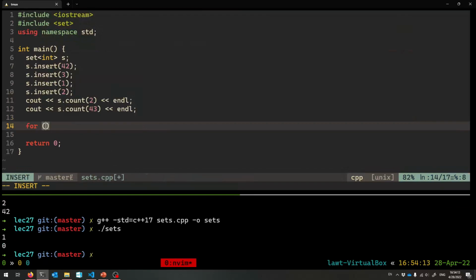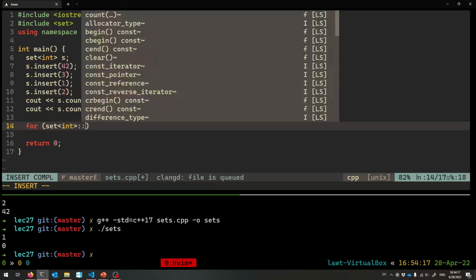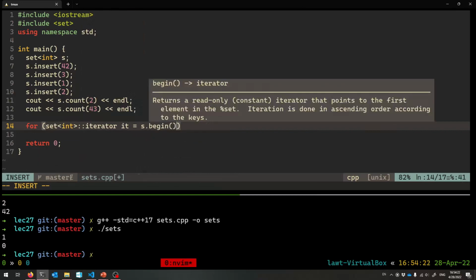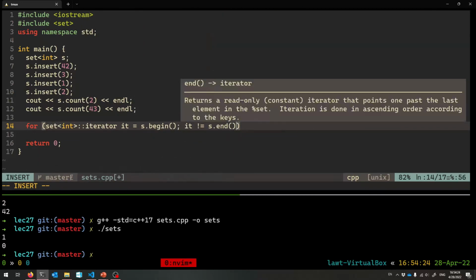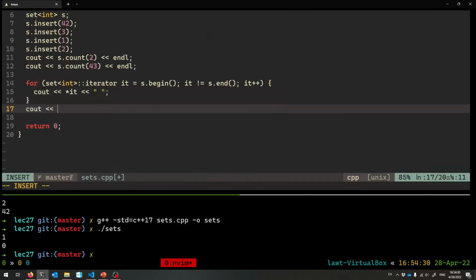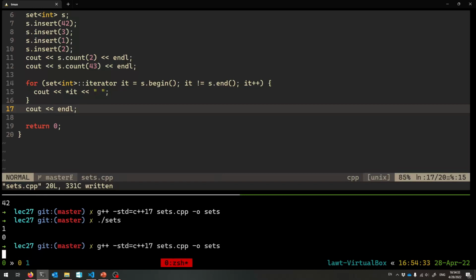You can use a range-based for loop, or you can use iterators. They are the same thing. So for set of int iterator, it equals s.begin, it is unequal to s.end, it plus plus, cout star it, and then like a space. And so this will go through the entire set from beginning to end, but for a set,